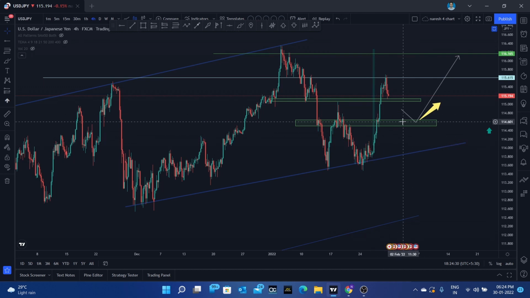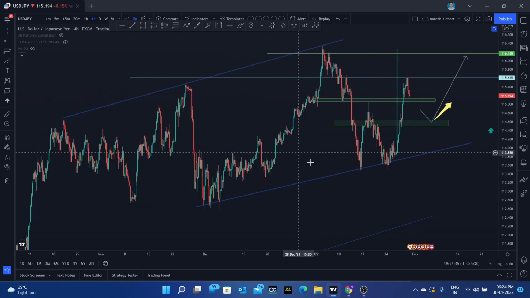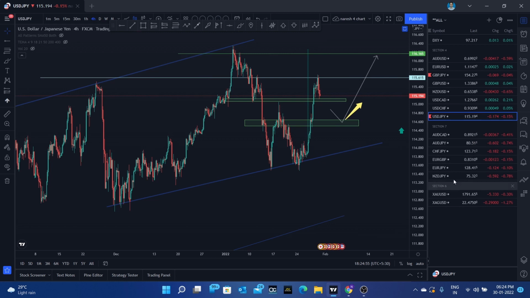So I'm expecting the market to pull back near this area next week, because the market is already stretched, and this area is the 50% retracement fib level. If it is respecting this level, you can go for long entry, guys, and take this as your first target, and this would be your second target. After this, we can come to the commodities, guys.